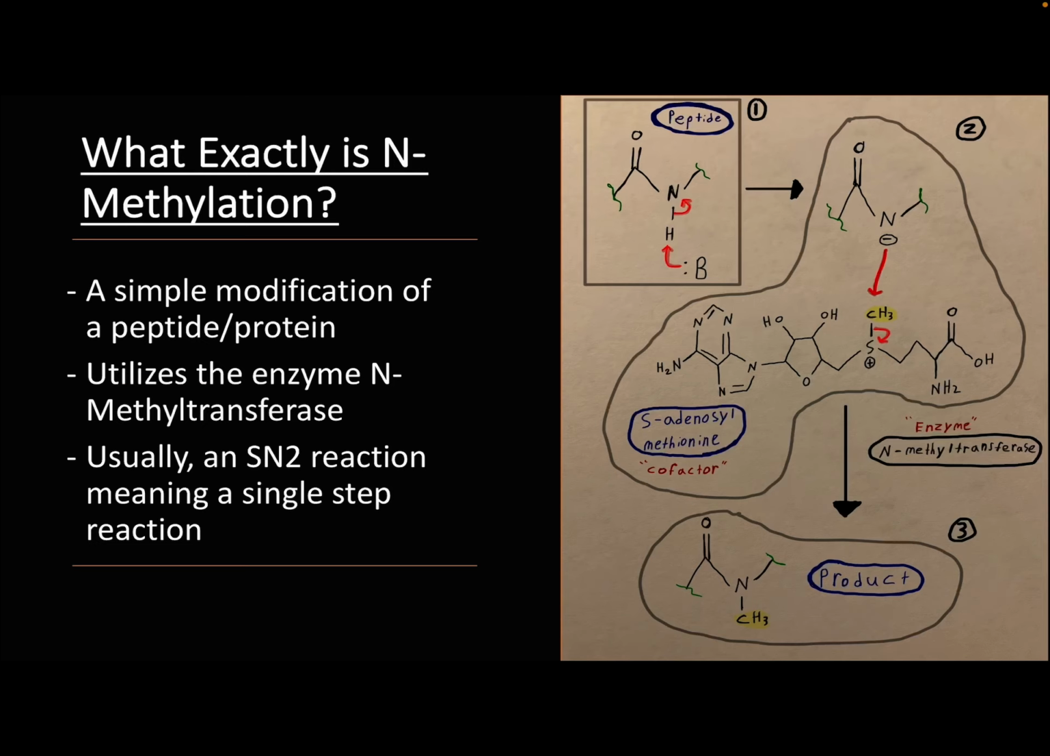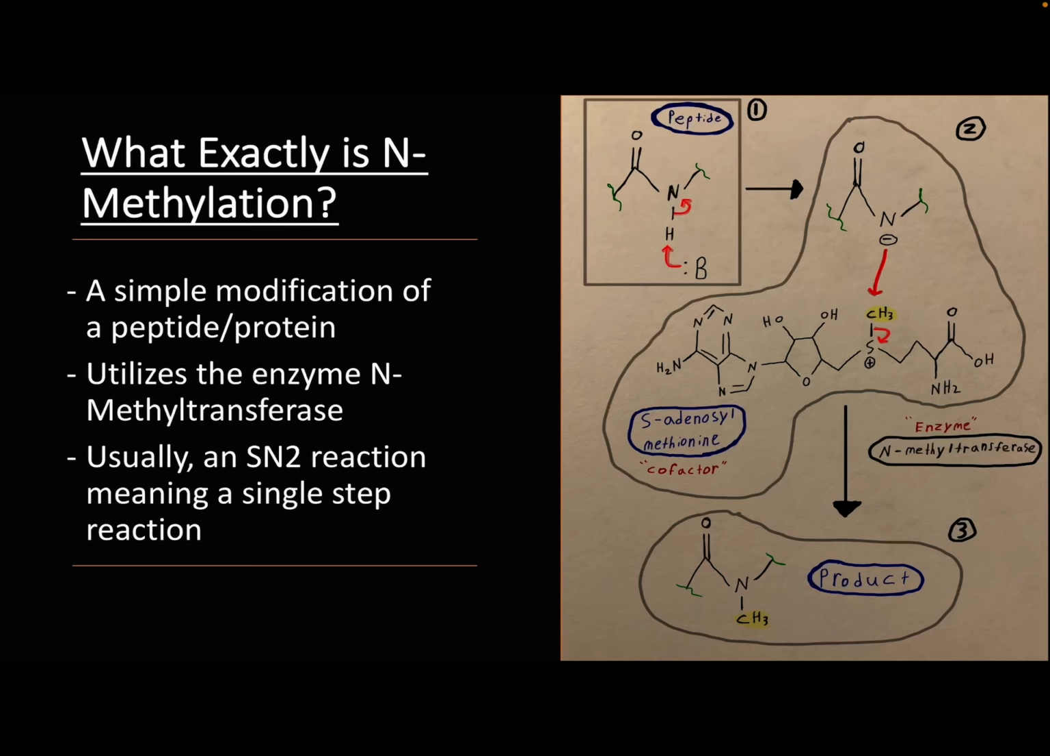You're probably asking yourself, what exactly is N-methylation? Well, N-methylation is one of the simplest chemical modifications that can occur on peptides and proteins of prokaryotes and higher eukaryotes. This peptide protein modification results in the transfer of a methyl group onto the amide group of a peptide or protein. If you move your attention over to the right side of the presentation, you will see a simplified